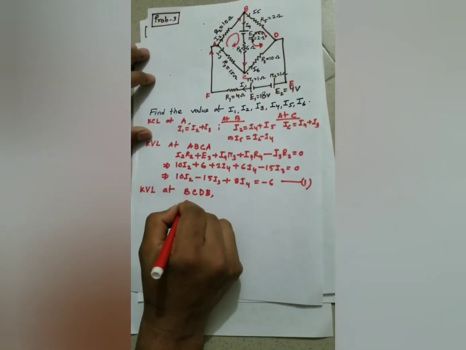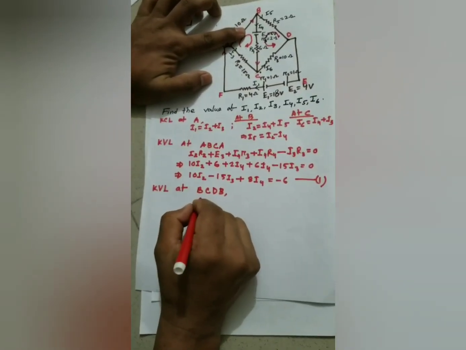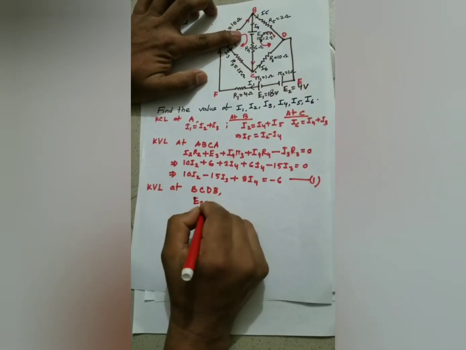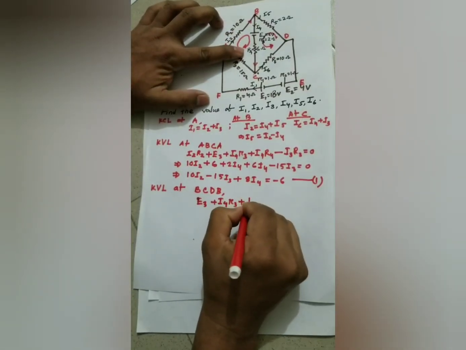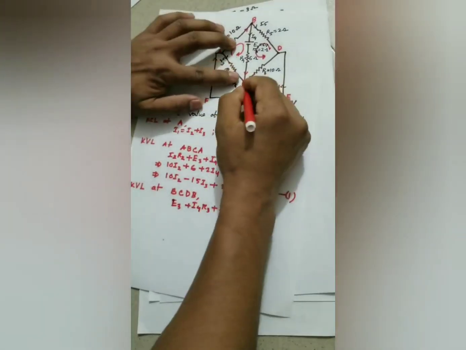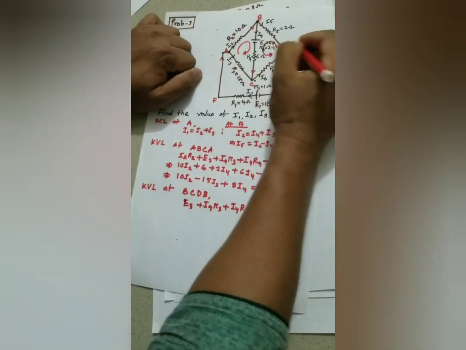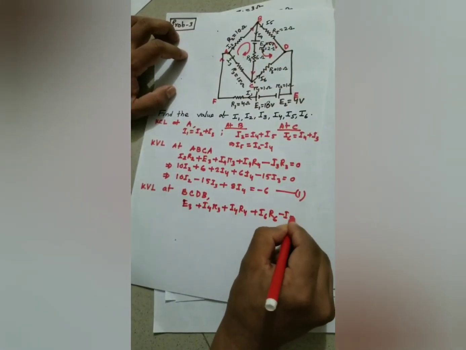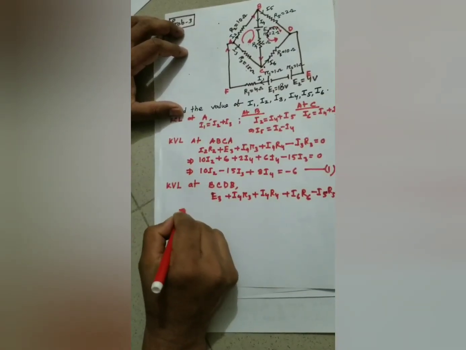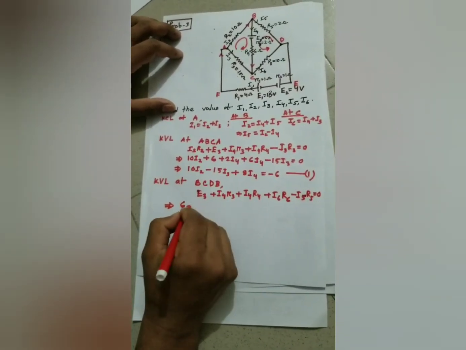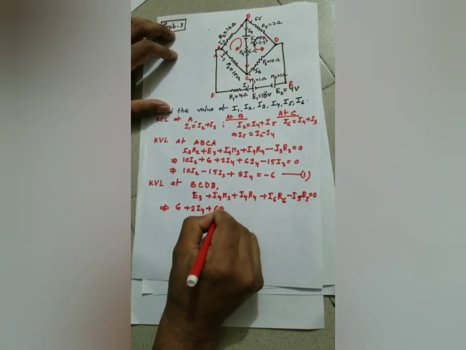So first we face the positive terminal of E3, that means E3 plus I4 r3 plus I4 R4, then plus I6 R6, and when D to B minus I5 R5 equals 0. So E3 6 volt plus 2 I4 plus 6 I4